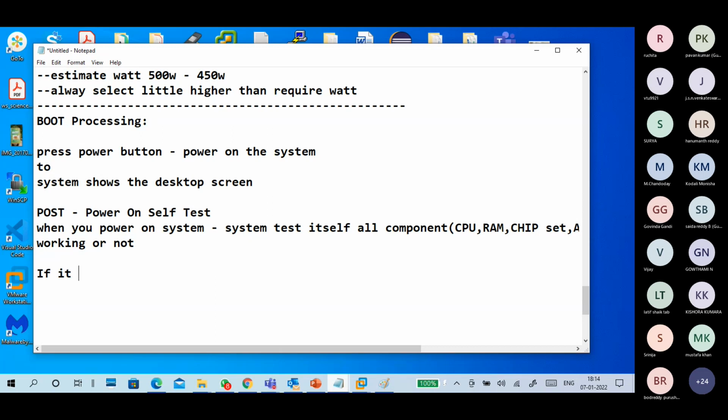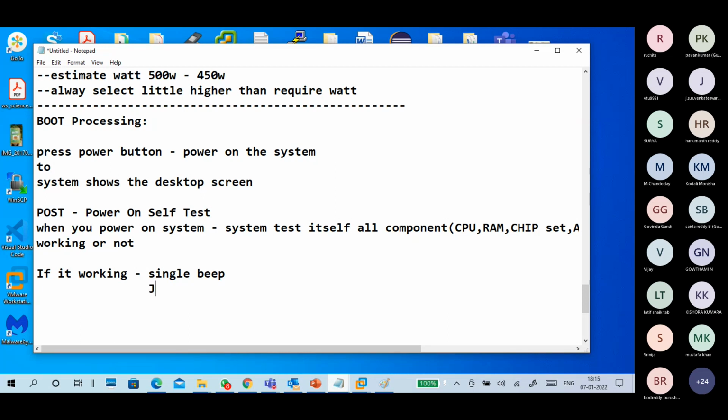If it is working, it generally generates a single beep. Okay, sometimes no beep, no volume. Okay, single beep.